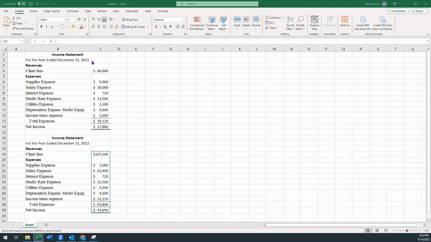One is dated December 31st, 2021. So for the year of 2021. And then the second is for the year of 2022. And we're going to do a horizontal analysis, which is just a way of comparing the two income statements over time. So the first thing we need to do to make this easy is we're just going to